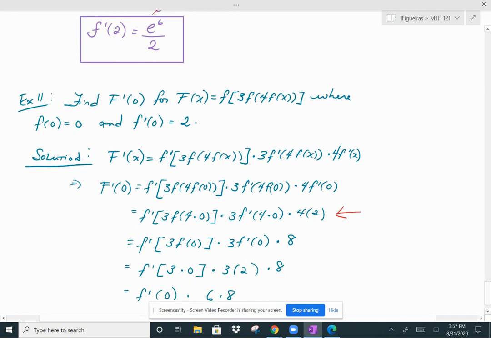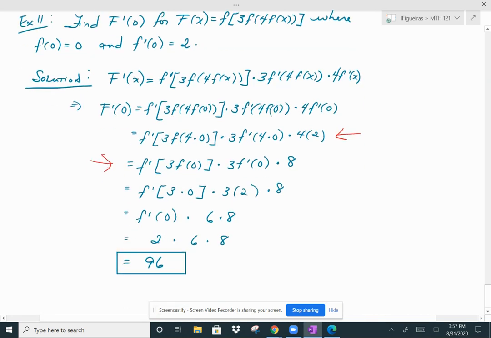So you're left with what you see here, f prime of 3 times f of 0 times 3 times f prime of 0 times 8. And that, again, if you just keep simplifying, you finally end up with 2 times 6 times 8, which gives you a final answer of